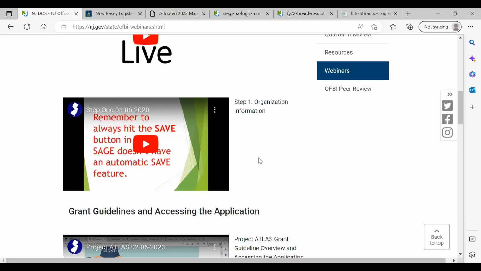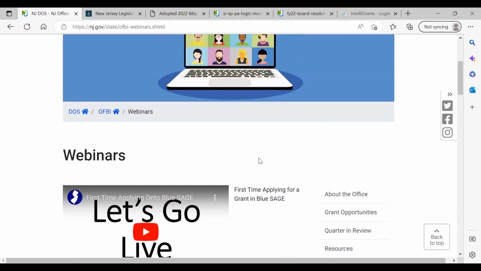Where you're asked to upload a document, you can upload a Word document that states something like this: if we're awarded a grant, we understand that we must upload the required documents before we can enter into contracting. That's it, plain and simple. Then you're done with those uploads, and you can continue to move forward with your application. I think that's pretty good.